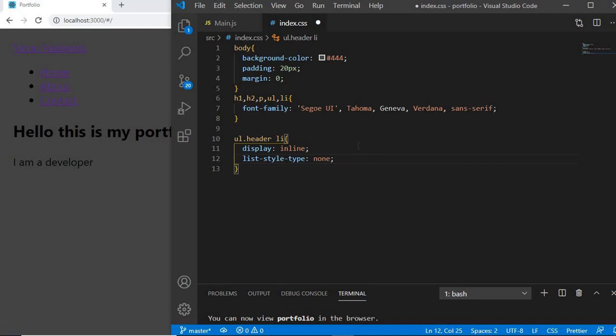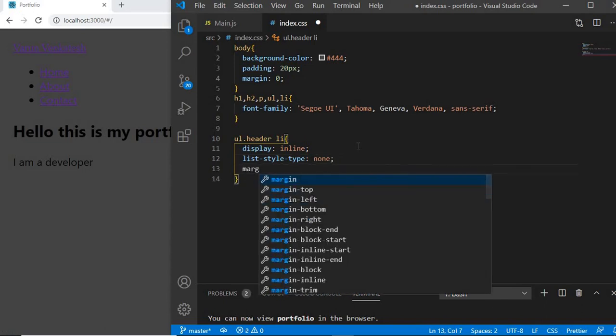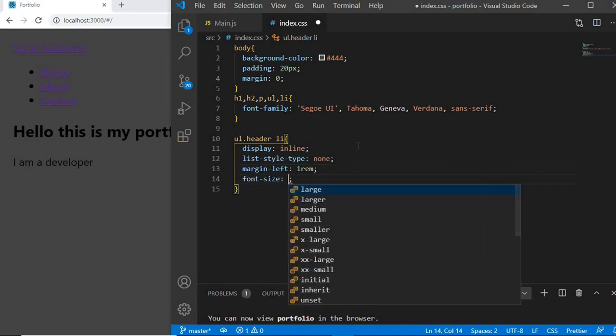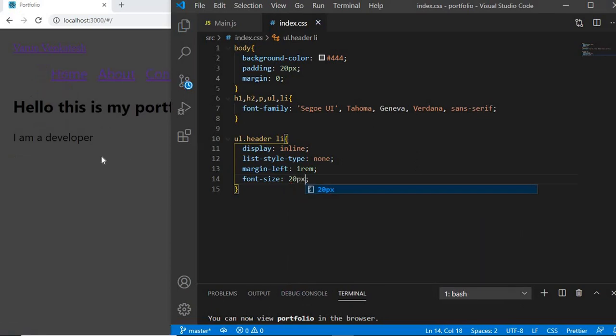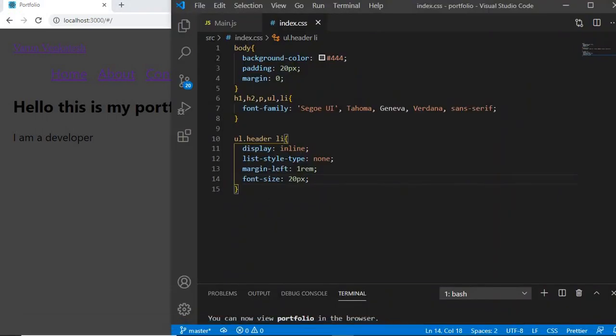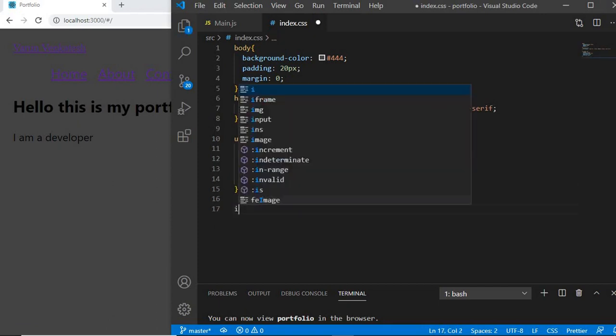So all that will be removed. Then I'll give it a margin left of 1 rem, and a font size of, let's say, 20 pixels, and save this. Now you can see that when we say display inline, they all come in one line. I've removed the list type, that is the dots which come with the list, the bullets, and then I've put a margin of 1 rem and the font size is 20 pixels. Now I'm going to target just the UL of header,